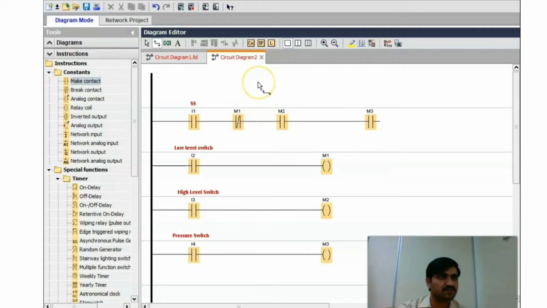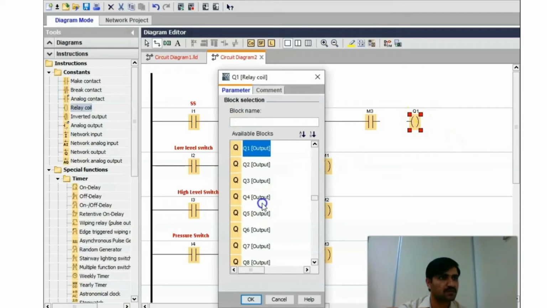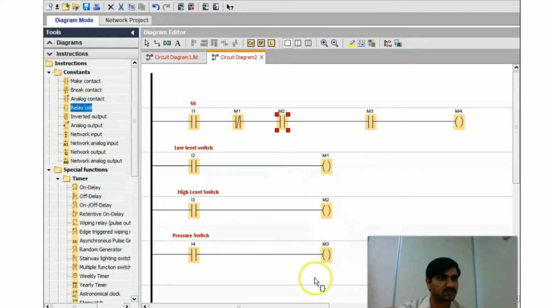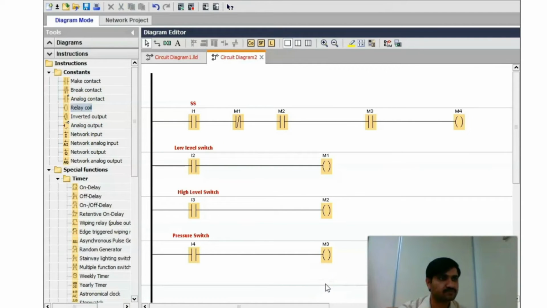So I will use another internal relay that will switch on our output. For that I am going to use M4. The M4 is the final relay that will switch on our output. Now I need to select the output. Output is here. Q1.